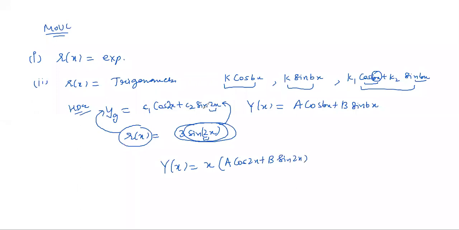So for trigonometric functions, you just have to see that whatever multiplicity of angle is present in the right hand side in your Rx function should not be the same. If this would have been c1 cos 3x plus c2 sine 3x, and on the right hand side you have 2x, then you don't need to multiply with x, because they are not matching. And I explained there will be no case when you will need to multiply with x square in the trigonometric one. In the exponential one we had, but in this we don't have.